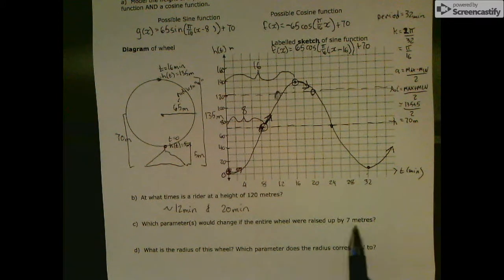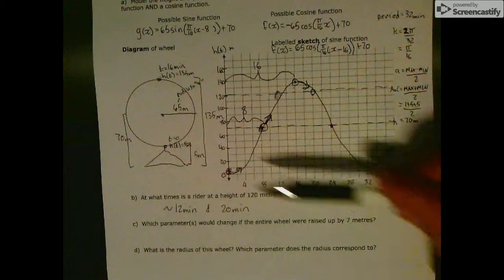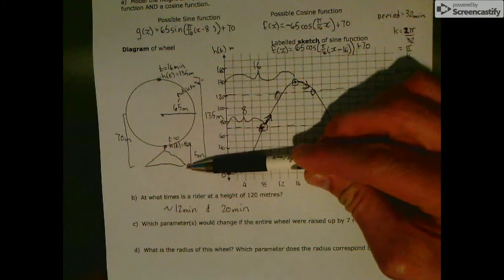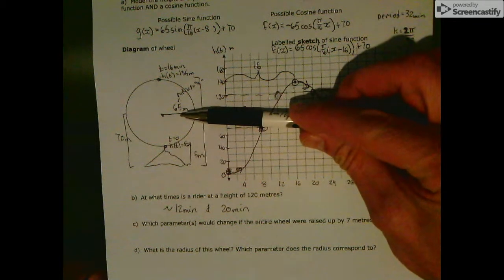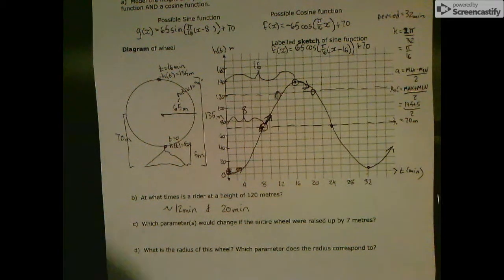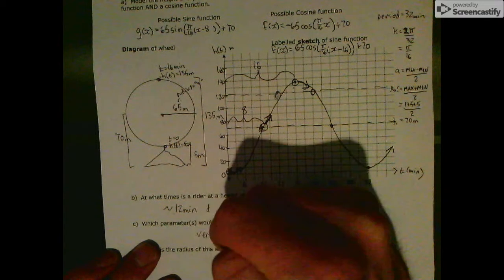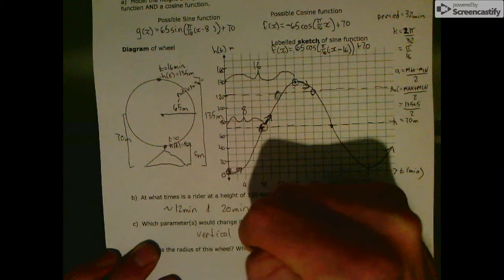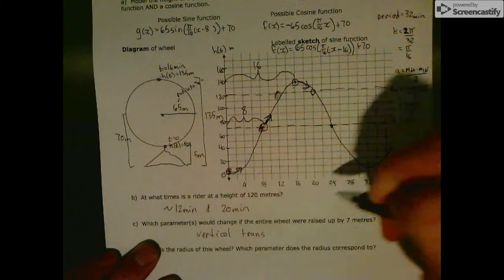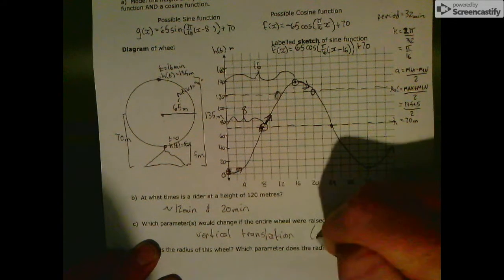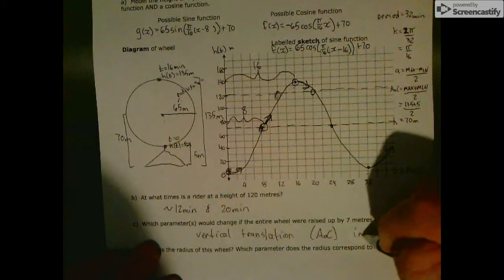If I were to raise it up by 7 meters, well, that's just a vertical translation. So instead of up by 70, because that's where the middle is, I would just add another 7. So the vertical translation or axis of the curve would shift up by 7 more meters. Translation, which is the axis of the curve, increases